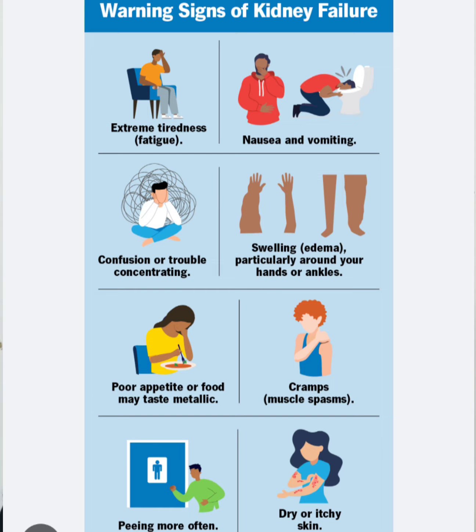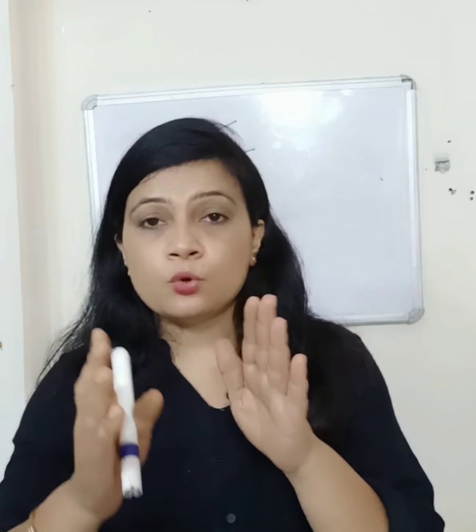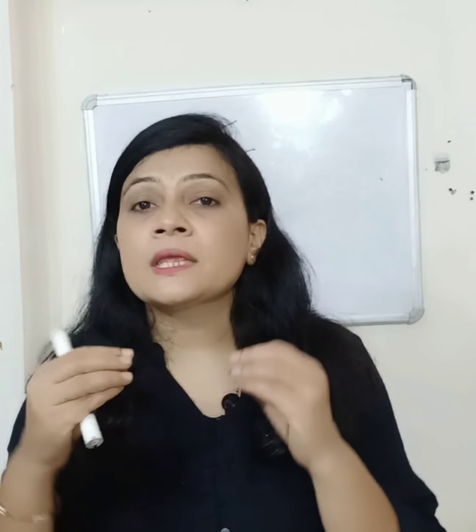So now about the symptoms. We know that the kidney's main function is to regulate the electrolyte balance in our body. If kidney function deteriorates, the electrolyte balance is not maintained in the body. The kidney helps to excrete potassium. The main role is potassium excretion. Now as kidney function decreases, potassium excretion is also not appropriate. Now hyperkalemia is produced. In hyperkalemia, cardiac arrhythmias will be there. So we have to find out this thing.